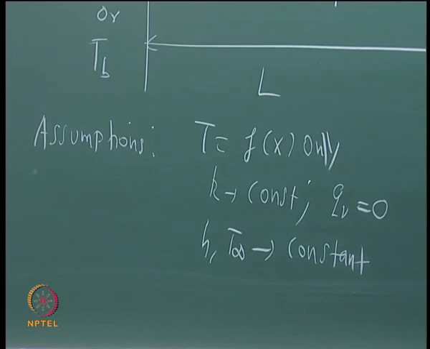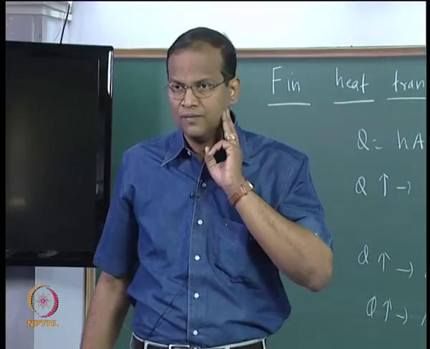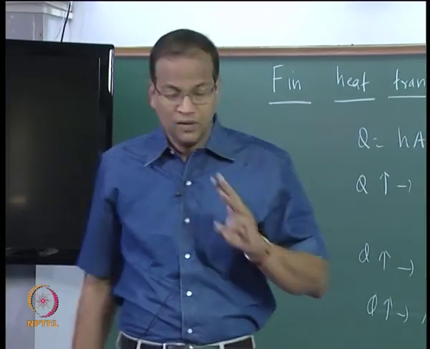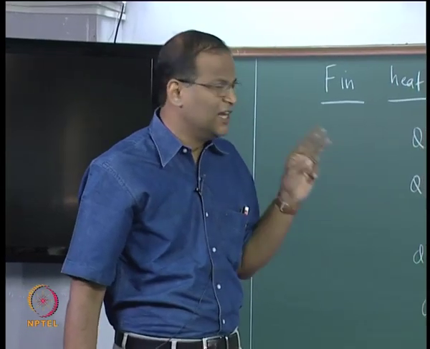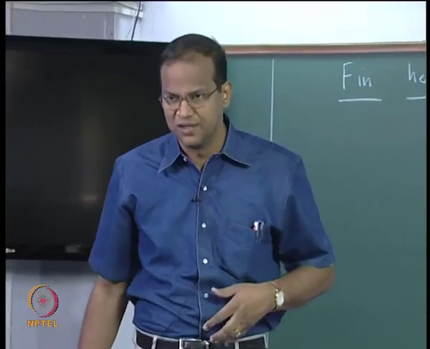K is a constant is alright, QV is a constant is alright, H is a constant, T infinity is a constant, T is a function of x only. These three assumptions are questionable. T is a function of x only, H is a constant, T infinity is a constant, these are questionable assumptions,